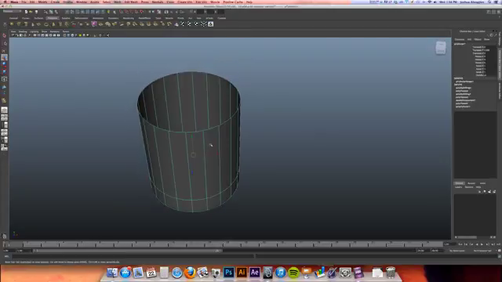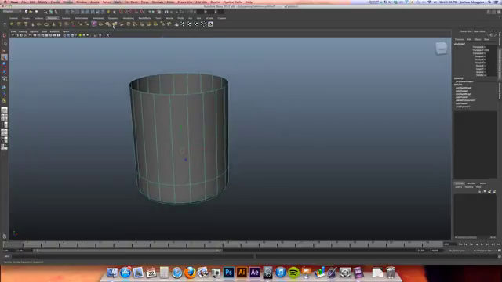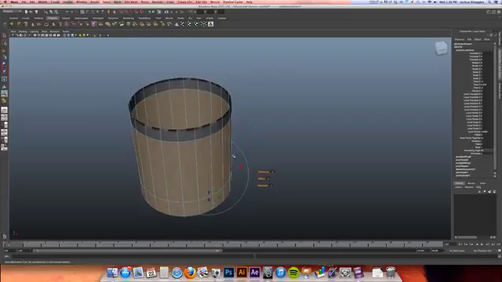Right now that I have that in place, I'll select the entirety of this object in Select Object mode, and I'll go ahead and perform a single extrusion on that. Let's pop out